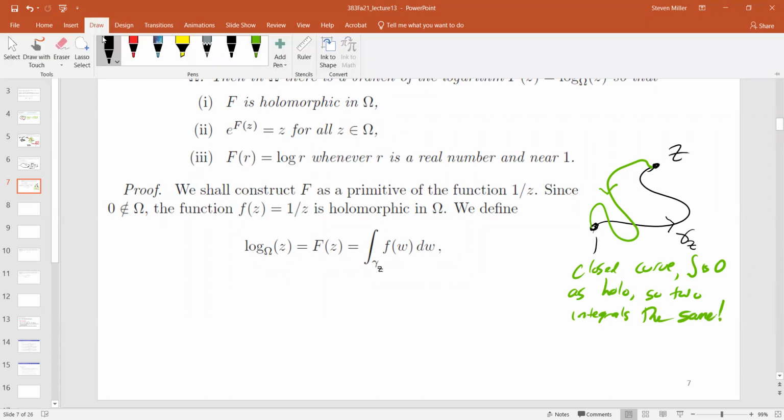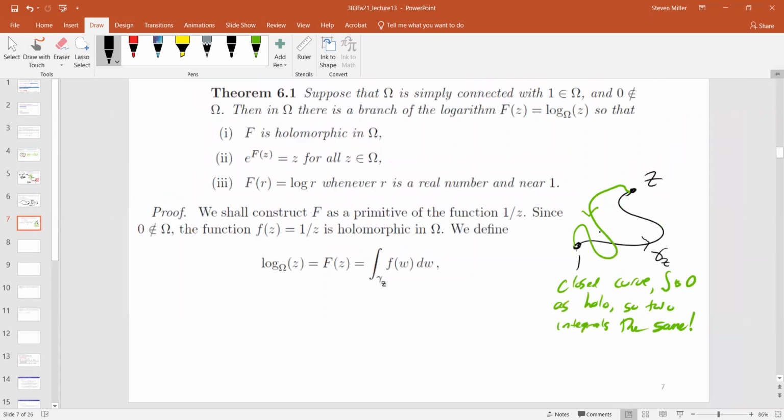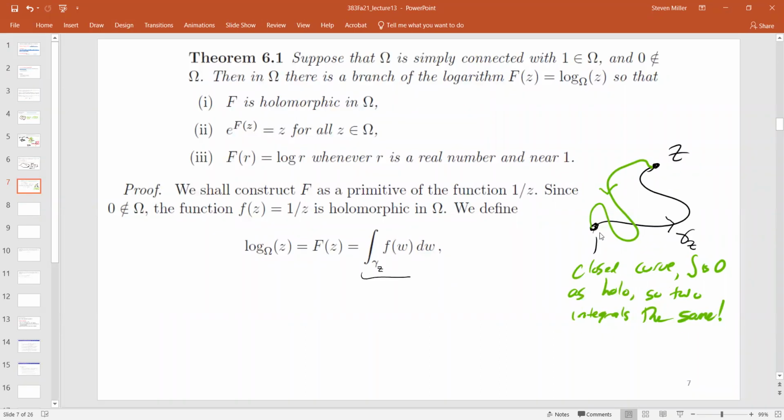And this is the power of looking at a path connected region. I can take any other path, they're all going to be contained in here. I can use Cauchy's theorem. Okay, so now that we have that, that tells us that this integral is well defined. And you might remember the joy we had earlier in the semester where we were trying to define, and initially we only moved rectilinearly. We moved east, west, and then we moved north, south. Then after a while, we said, actually, it doesn't really matter. We can move any path we want. But we had to be extremely careful in the beginning.